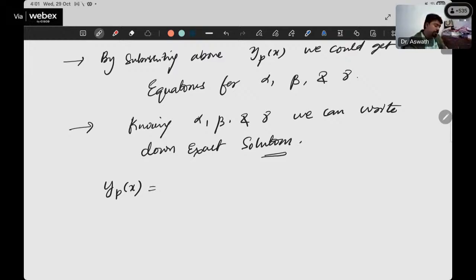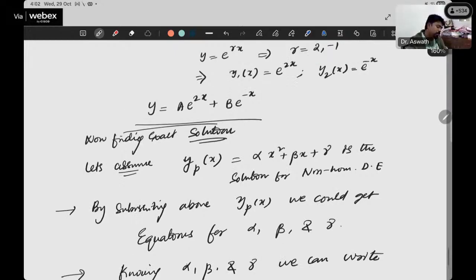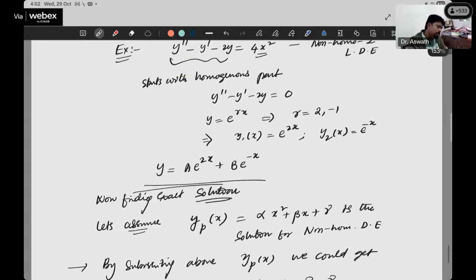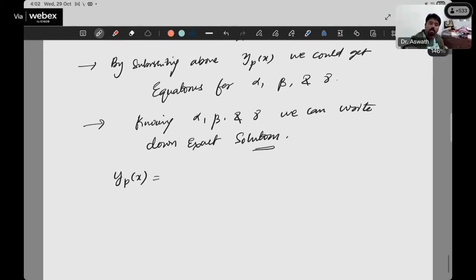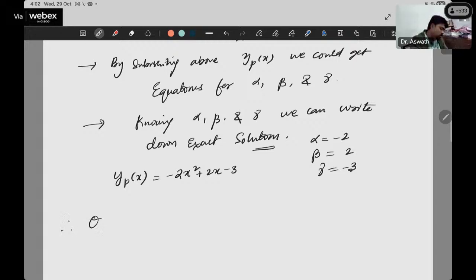You would get, for this equation, let me write down from the notes, alpha comes out to be -2, beta comes out to be 2, gamma comes out to be -3. So y_p(x) is -2x² + 2x - 3. Okay. So therefore, overall